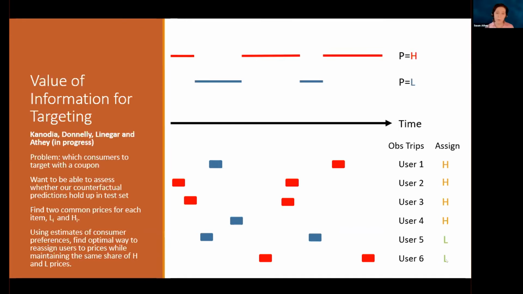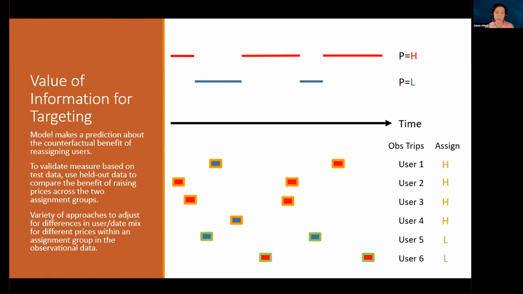So these L people at the bottom, users 5 and 6, I'm counterfactually saying, I think those people should get a coupon. Then if I want to see how good did my model do, I actually have this data. I saw all these people go to the store. If this is held out test data, I can say, well, my model says that I wish that I had assigned all of the users 1 through 4 the high price. I wish I had assigned users 5 and 6 the low price. But in practice, in the observed data, they got a mix.